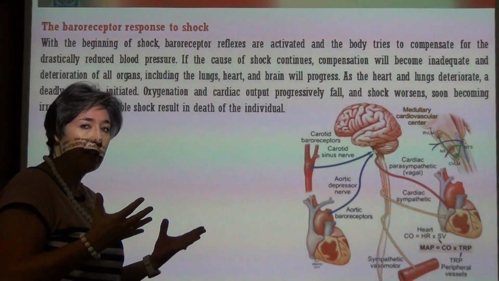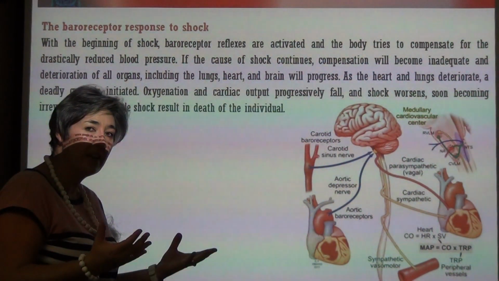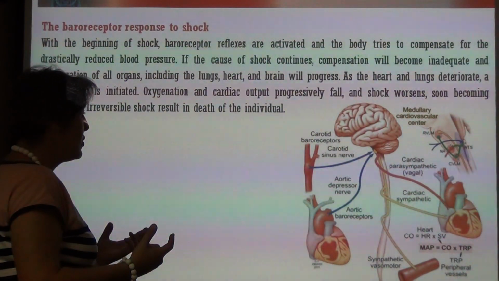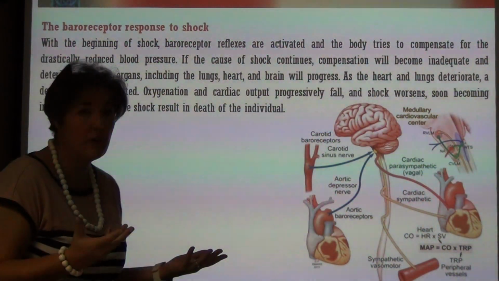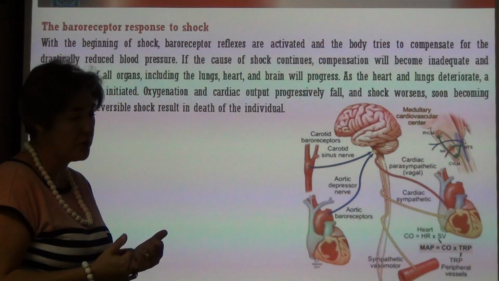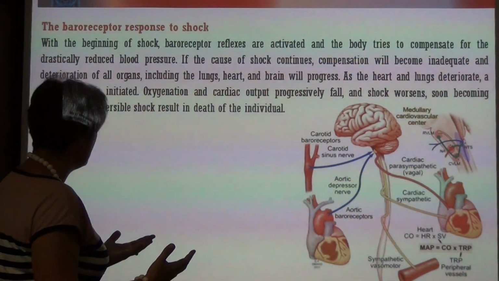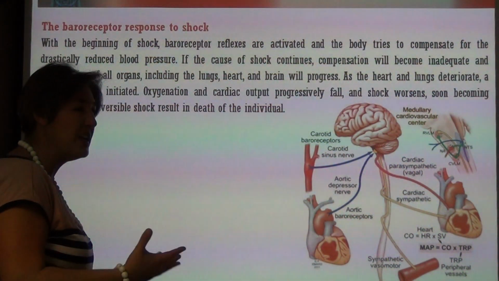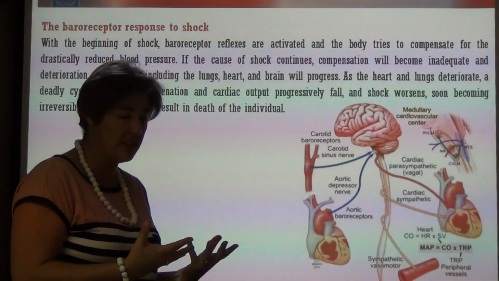The only thing basically that I have control over is my total peripheral resistance, and then also the little bit of volume that I can gain from other sources in the body. Immediately